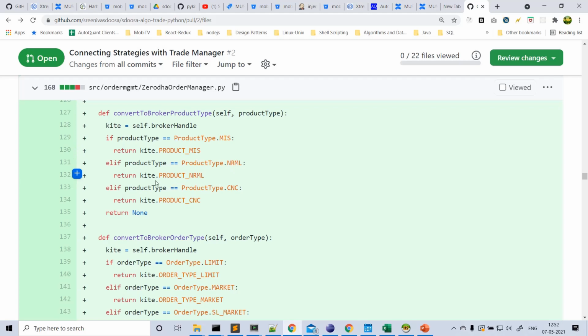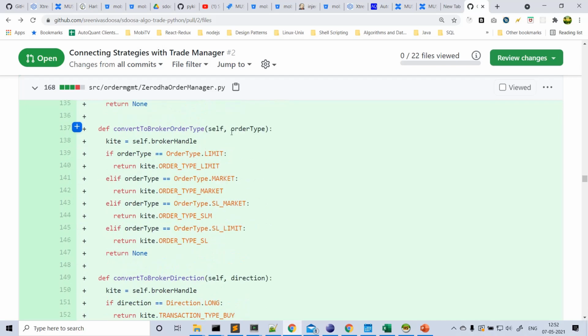If it is NRML, kite.PRODUCT_NRML, and similarly for CNC. Then for order type, we convert from our system-specific order type to the broker order type, right? So kite.ORDER_TYPE_LIMIT in case our system order type is limit. Similarly for market, kite.ORDER_TYPE_MARKET, SL-M, like this. Similar functionality has to be implemented for other brokers.